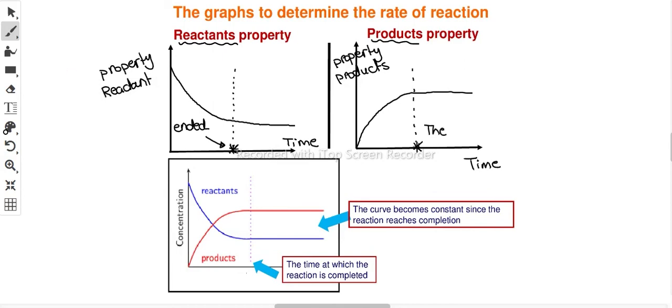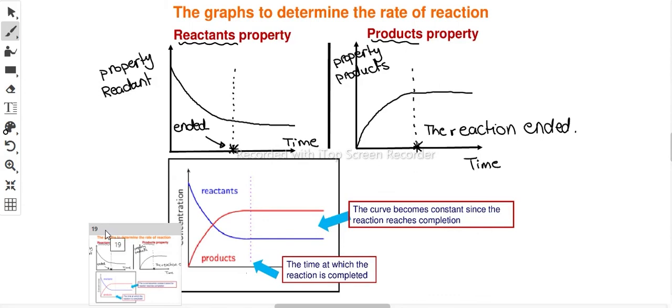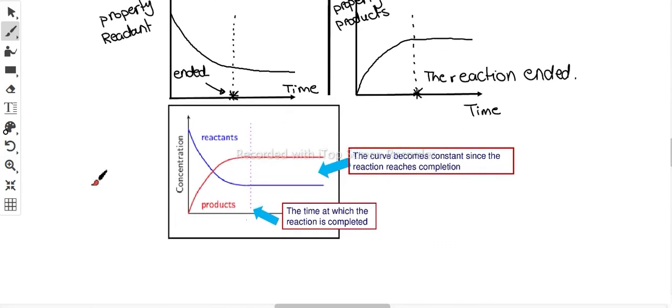It ended. So the reaction ended. These are the two shapes. These are the two graphs. We're going to learn later how we can use these graphs in order to determine the rate of a chemical reaction. Looking at the graph which is presented at the bottom, this graph shows if you are following the concentration